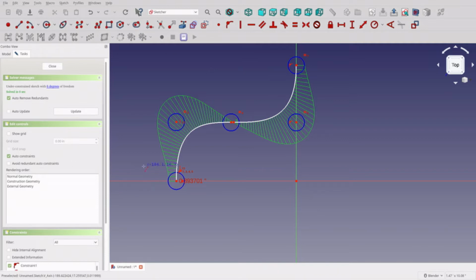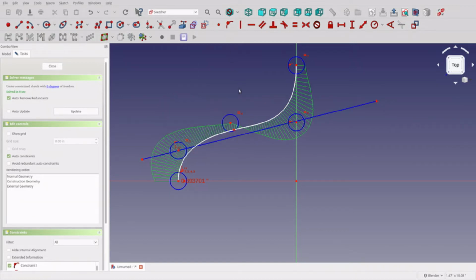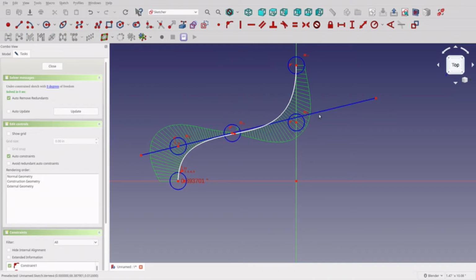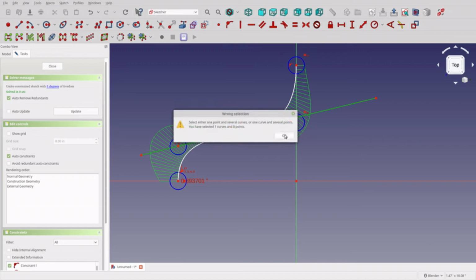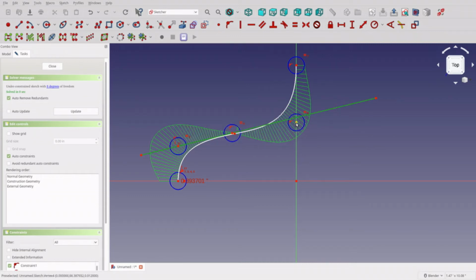So the next thing I'm going to do is create a controlling line, and this is to control the middle angle of this. Now, I think there are other ways to do this, but this is what I could get to work in Part Design. I was able to get the Bezier curve to behave differently in the Draft workbench, but I couldn't replicate that in Part Design. Well, I could, but it was difficult. You could migrate the Draft Bezier curve to Part Design, and you'd get the same pitch of the line,